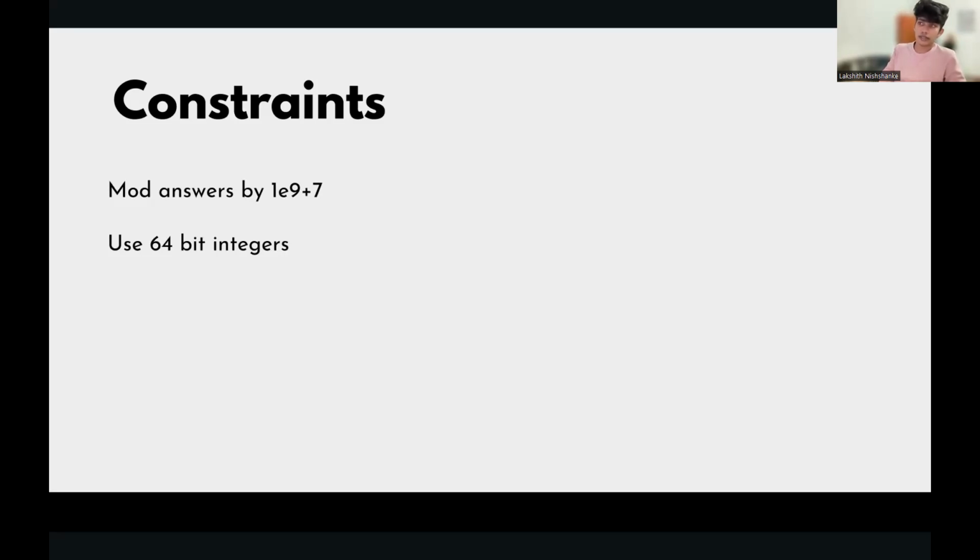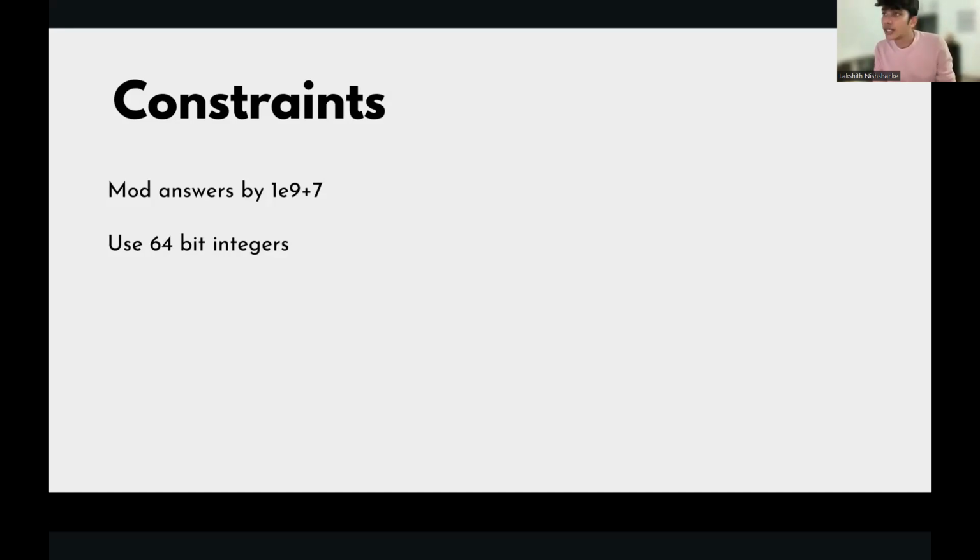So the answer is always going to be less than 10 to the power 9 plus 7. So output that number. Also, if you are going to participate in IEEE Extreme, first go through some modular arithmetic, like how do you perform multiplication and then division under mod.